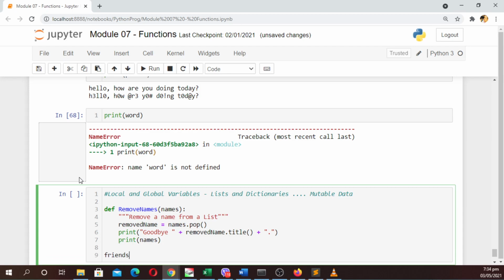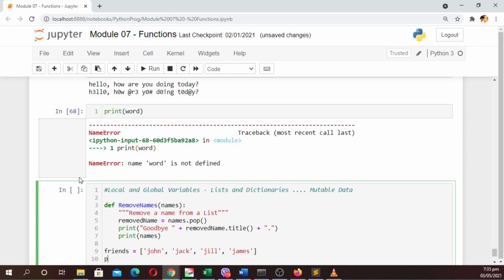So, for example, gawa tayo ng friends natin. List friends is equal to, let's say, sino ba? Si John, si Jack. Kung may Jack tayo, may kasama tayong Jill. Jack and Jill. And then we have James. Ayun, no? And then we print